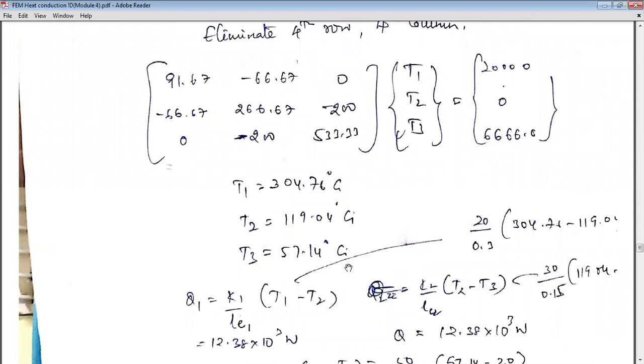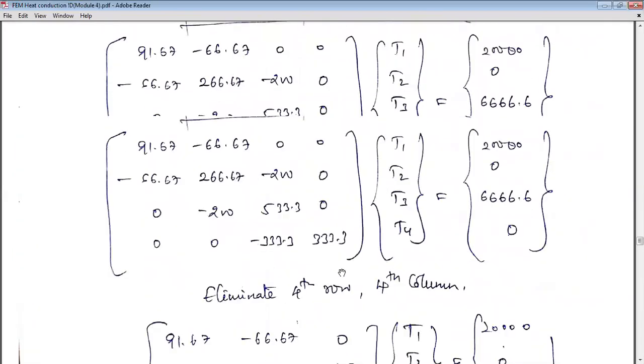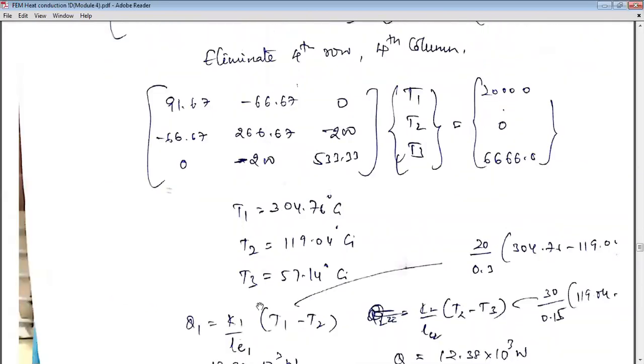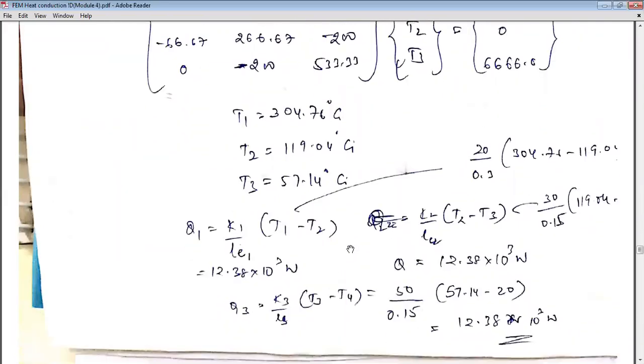Of course, T4 is 20 degree, 24 degree or whatever. T4 comes out to be 20 degree. So all these things, you know. Now, if you know K1, K2, K3 clearly, you will get the heat transfer rate, rate of heat flow. You can also calculate yours using Fourier's law of conduction. Also, if they ask you the additional calculation, find the rate of heat transfer, of course, this you are familiar in your heat transfer course.